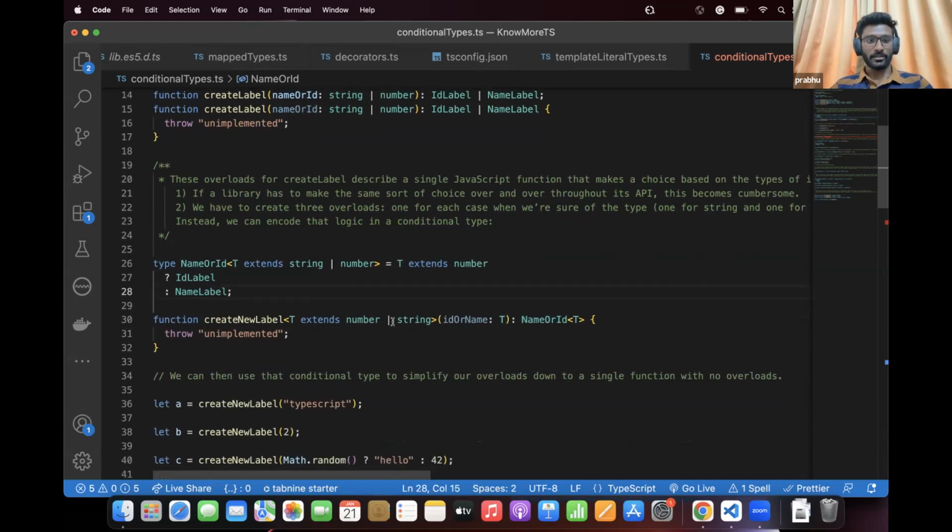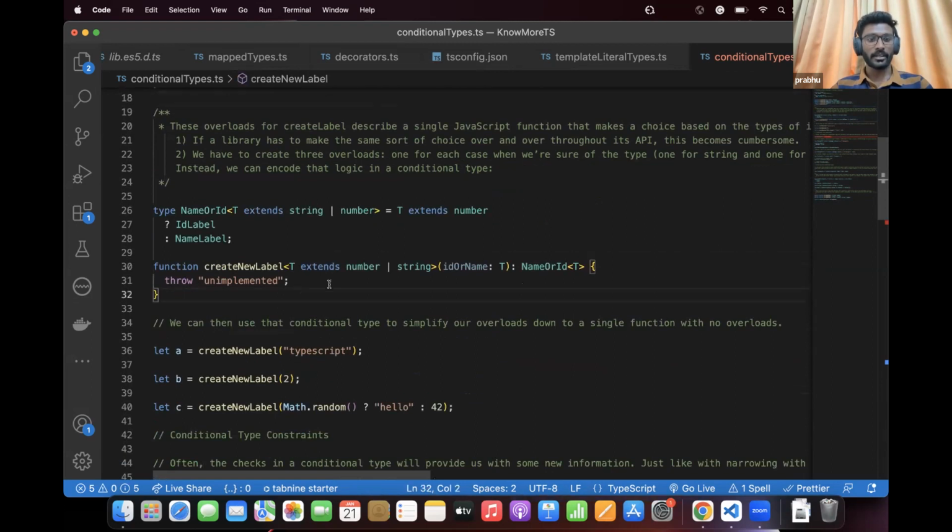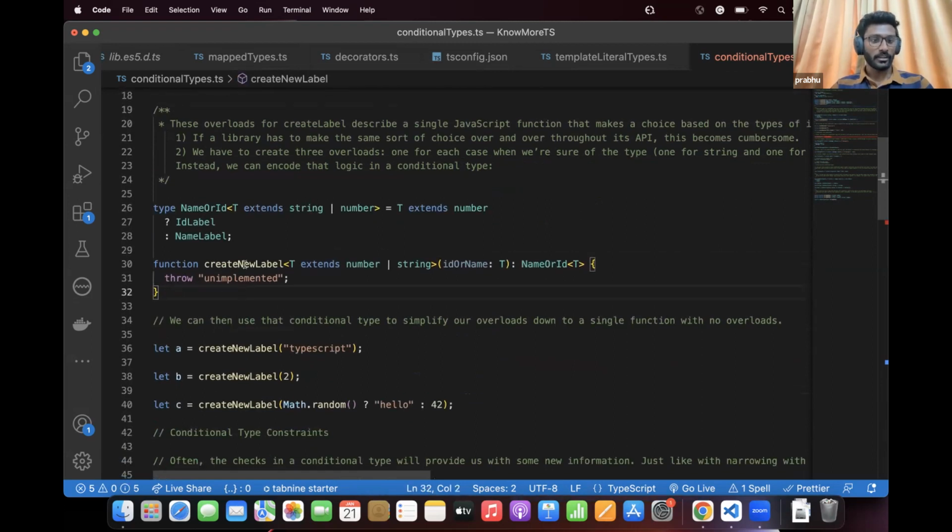So now is the main part. So now instead of using all of these overloads, you can cut it down to a single implementation along with a single declaration itself with a generic. So if you see our create new label, this function is a generic function. It extends T. T is similar to this, and our ID or name is of T. And now our return type we can annotate using this conditional type. So name or ID of T. So now when we use this function,